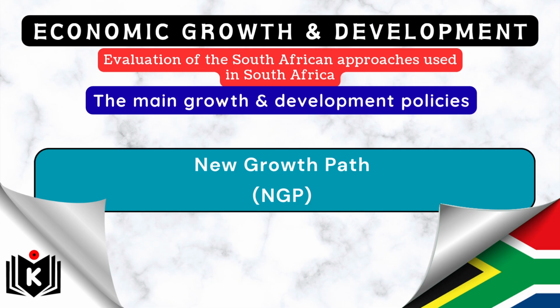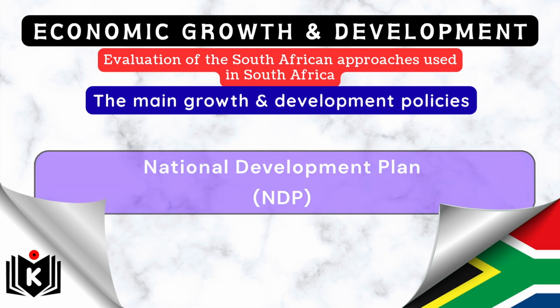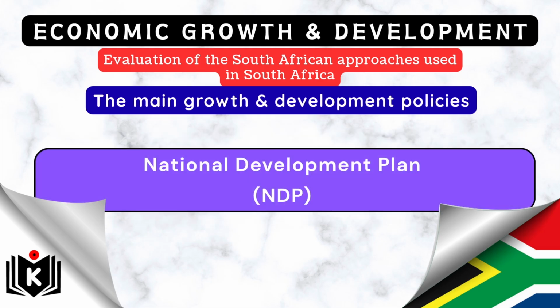Some of the reasons for this non-achievement were due to structural economic challenges, including a general economic slowdown, the government's limited ability to foster job creation, as well as the inherent difficulty in achieving rapid growth that translates into jobs. Then there was the National Development Plan, or the NDP, which is South Africa's long-term vision for 2030, focusing on reducing poverty and inequality through the creation of an inclusive economy, improved infrastructure, and fostering private investment and entrepreneurship, amongst